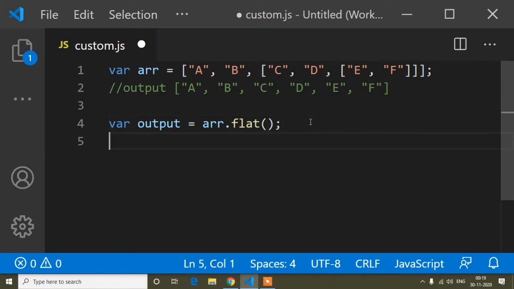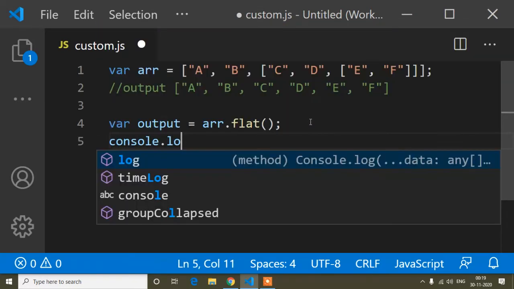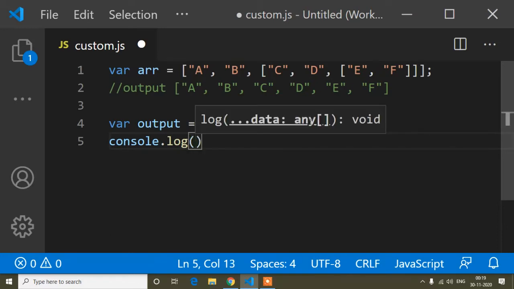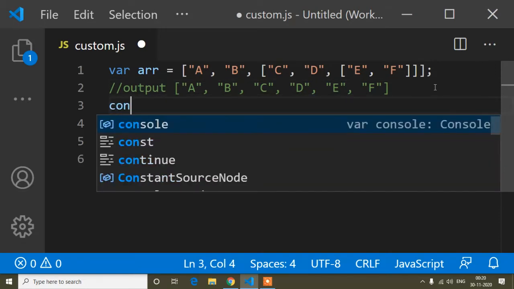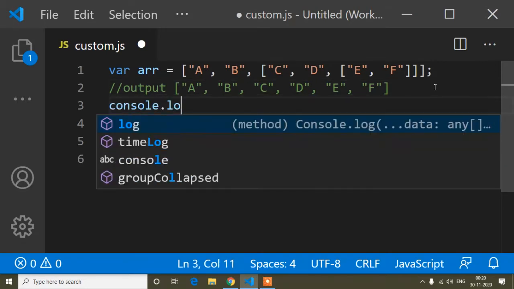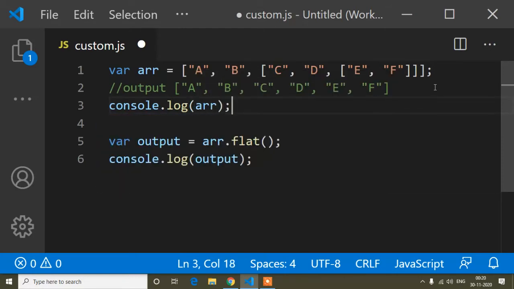Then I will print it with console dot log and this output variable and semicolon. Before that, I will also print the original value of the array, so console dot log and arr. So it will be clear to you.